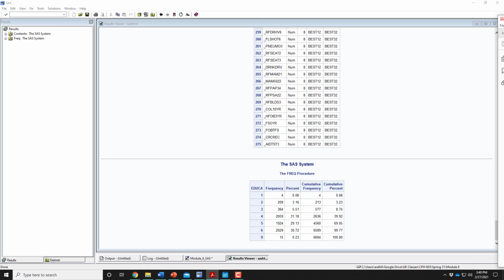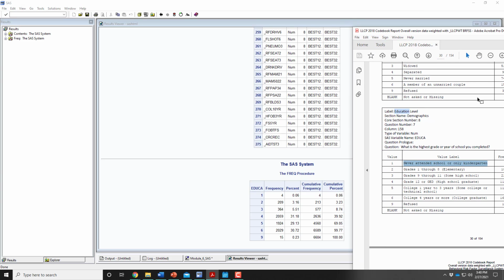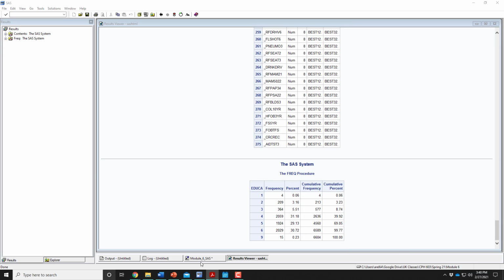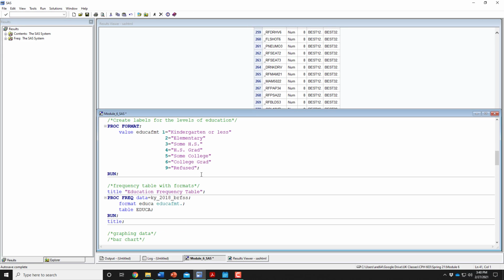Now, one thing that you might have noticed as we look across here, I had to keep on going back and forth to look at my values and to match them up. So it would be nice if we could go ahead and put the labels here so I had those to look at, and that's what we're going to do next. To do this, we're going to create what is called a format, and we do that using proc format. So for proc format,